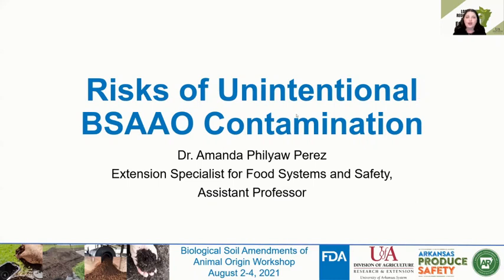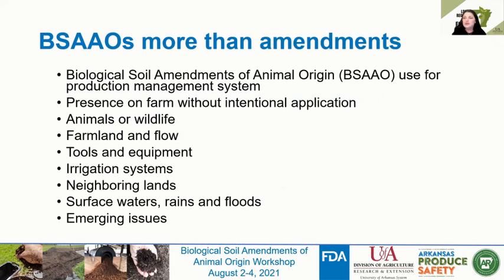All right. I'm going to talk to you about risk of unintentional biological soil amendments of animal origin contamination. So we've talked a lot about amendments, which is the intentional application of either a raw product or a treated product to an agricultural field for some purpose. And while that's really important, and that's the major area of the subpart that we focused on for most of this workshop, there are other ways that our produce fields can become contaminated beyond just the intentional application of that